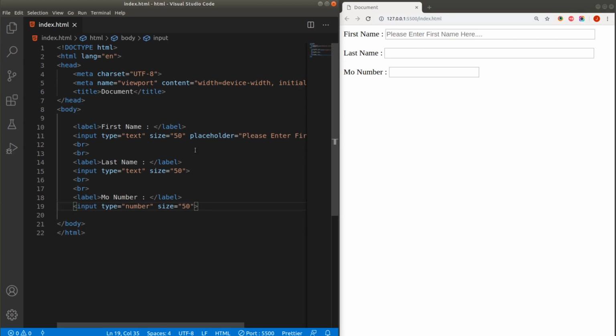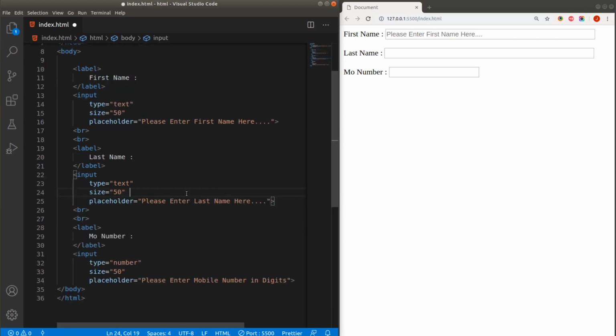Now I will add placeholder for each element. Okay, so we have added placeholder for each element, and look at the way I have formatted my code, so you can easily read that code. For each nested attribute I have added one more line break, so someone can read my code easily. So this increases the readability of your code. Let me save the changes now, and look, we have a nice placeholder for every element again, and here for mobile number we have "please enter mobile number". So in this way you can add more descriptive information for the user.